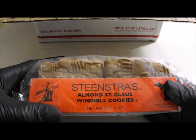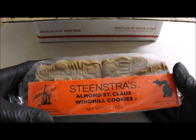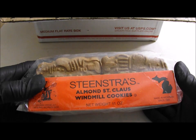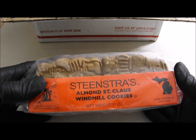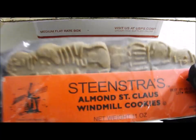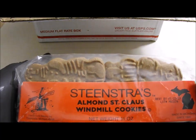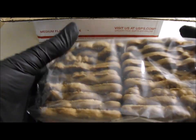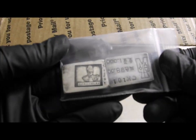What on earth? I can't even pronounce that. I'll have to leave you to pronounce that. Steenstra. Windmill cookies. Well, I certainly haven't ever seen these in the UK. So I look forward to trying those. And hopefully they taste better than Marmite. Oh, some interesting...